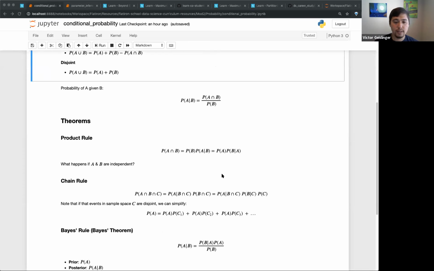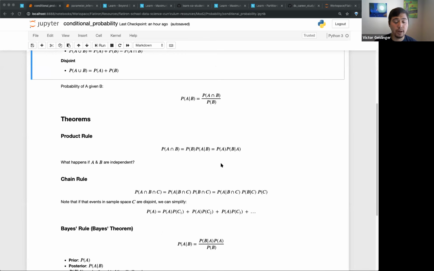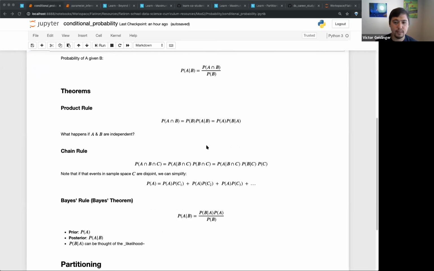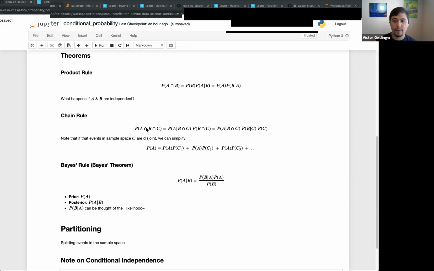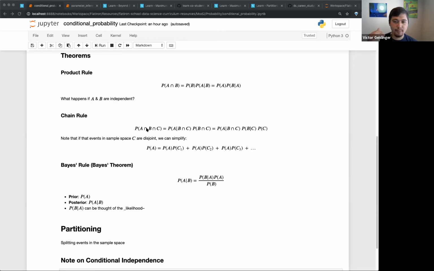All right, so that's one of our major things, our product rule. We'll use this quite a lot when we're trying to figure out what happens when this happens, given this. The next part is our chain rule, which can be kind of cumbersome, to be honest. The curriculum shows the more general rule, going with sub-indexes and things like that. And if you're doing those parts, that's when it can start getting really big.